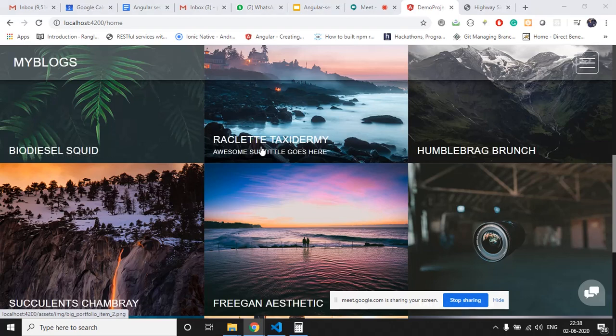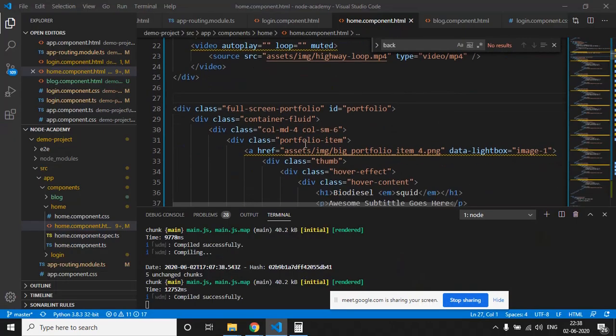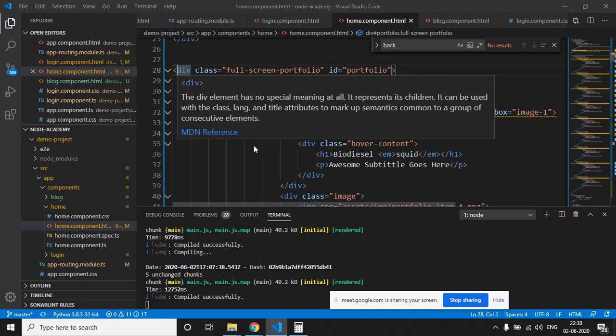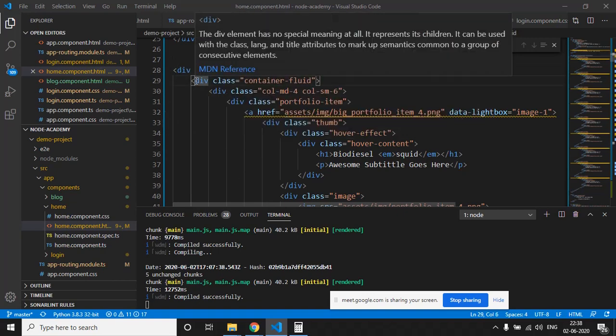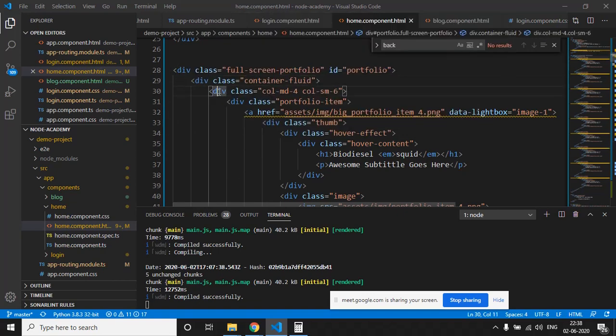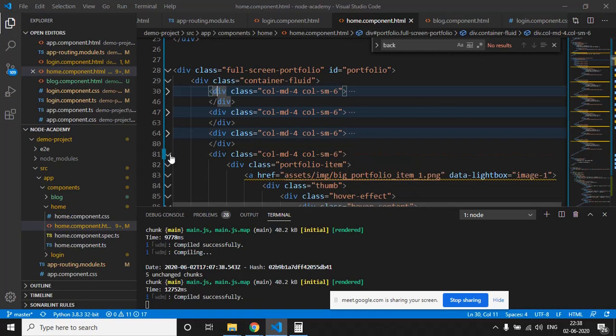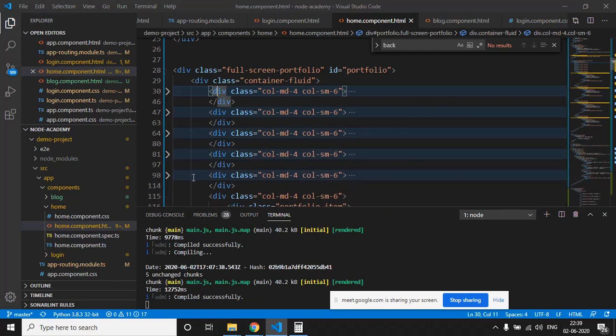This is the class container. This is the column. So this is one tile. This is another. These are all the tiles which are present here.